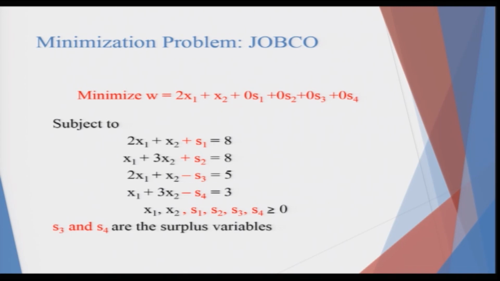But as you are doing that, your objective function, which initially consisted of only 2 decision variables x 1 and x 2, would now become 2 x 1, which means per unit addition of x 1 gives you a cost or a profit factor of 2 units. The second term is 1 x 2, which means per unit increase in x 2 will increase the objective function by 1 unit. S 1, S 2, S 3, S 4, which are the slack and the surplus variables, have a total contribution on the objective function of 0, hence each of them would be multiplied by the constant value of 0.